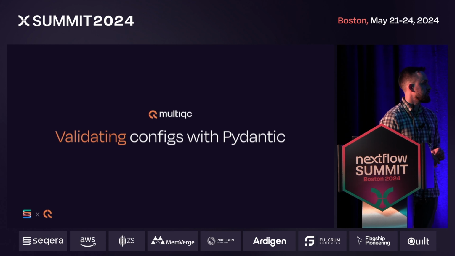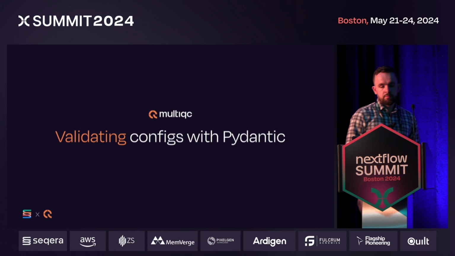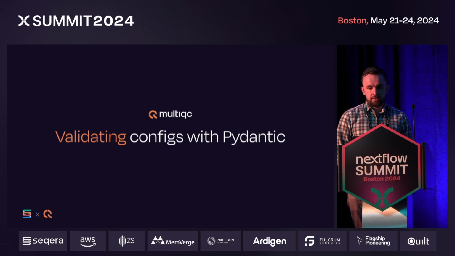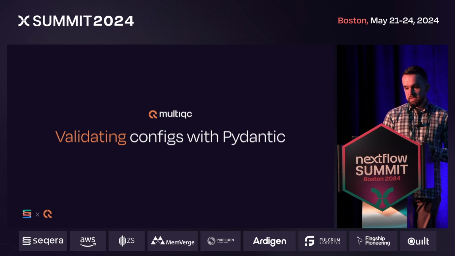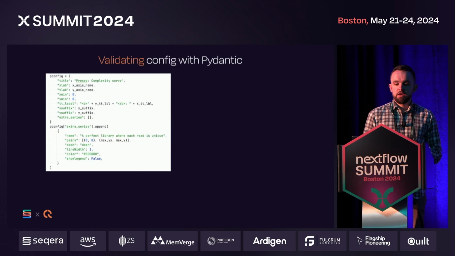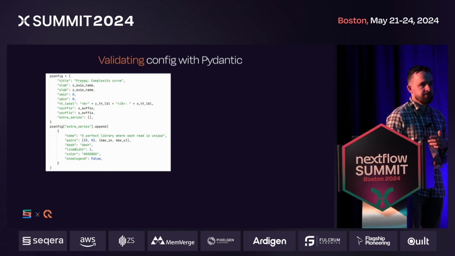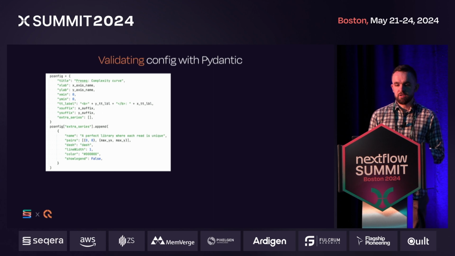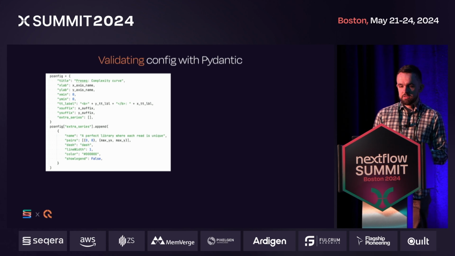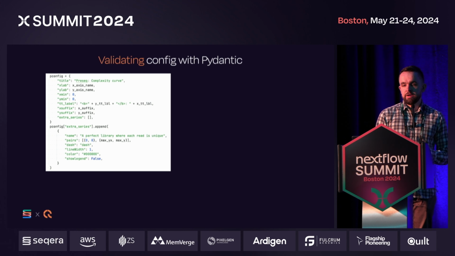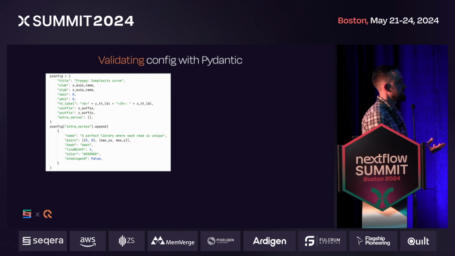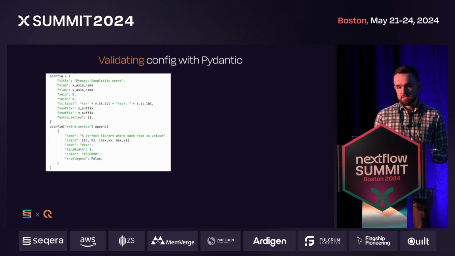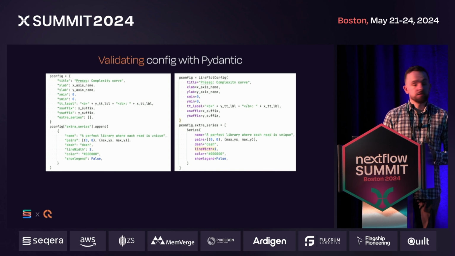And we didn't only refactor for performance. This time we embedded a library called Pydantic to validate user configs and things like custom content. The common problem that our contributors used to face is that MultiQC is configured via YAML files, and user modules take dictionaries which are completely unstructured as a configuration. And with Pydantic, all of that is now